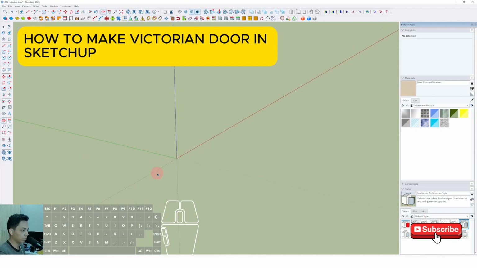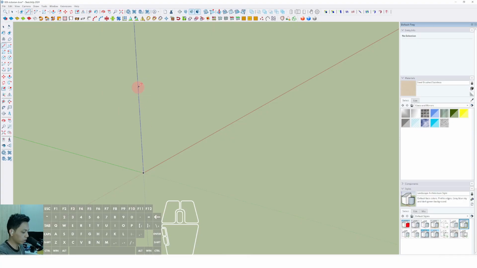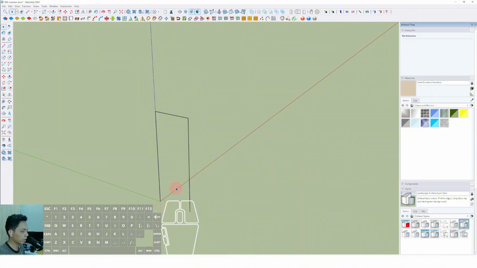I will show you how to make a Victorian door. First of all, we have to make the line. Click in this position, drag to the upper position around 2.4 meters, and set the height of this building. Set the height of this door around 900 millimeters, and direct it to the down position, and we can get the